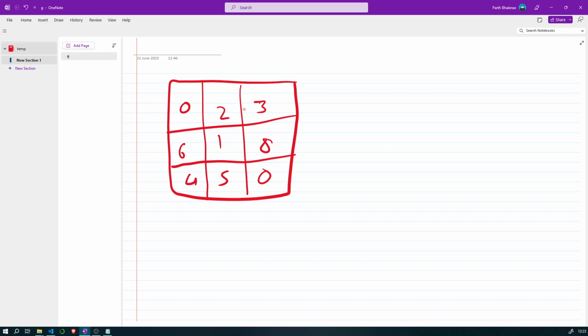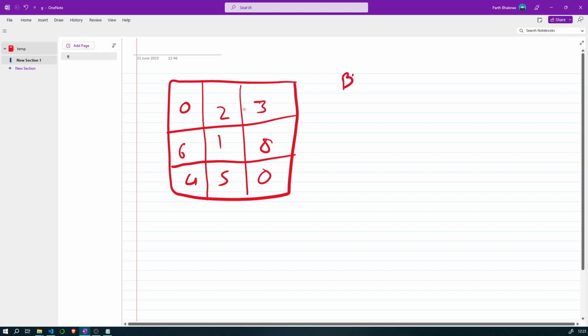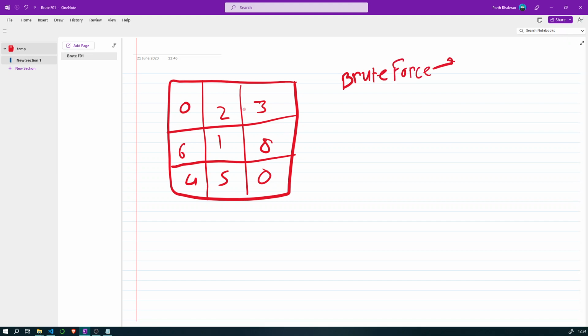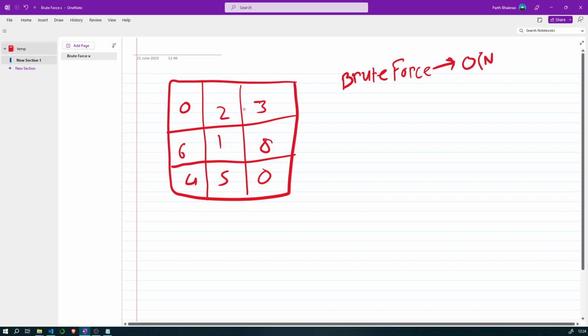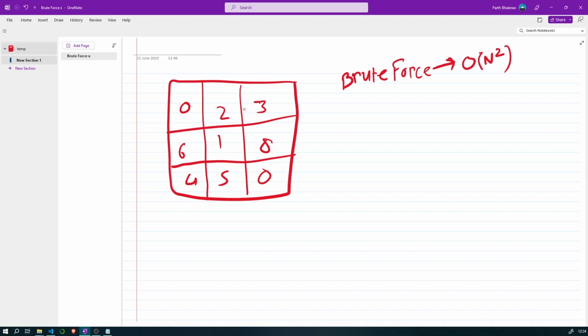Now what could we do to optimize this? Our previous time complexity in the brute force was order of n square. Now we need to optimize this.